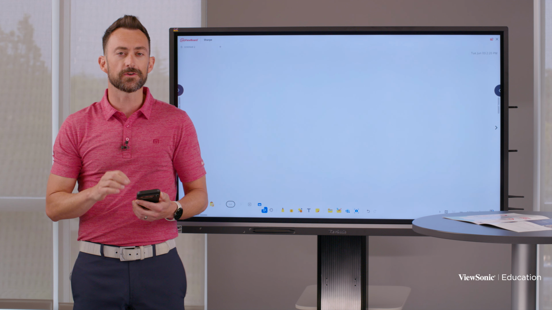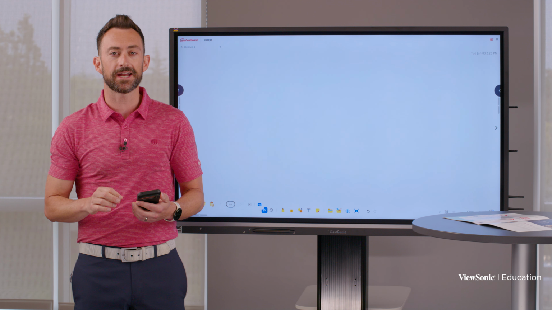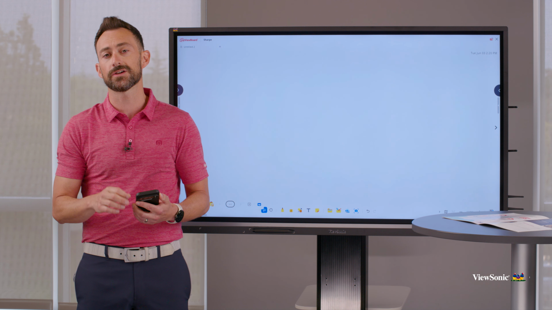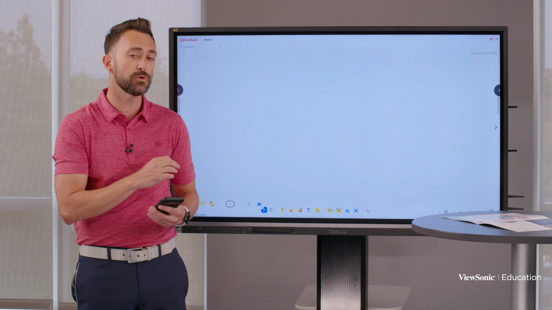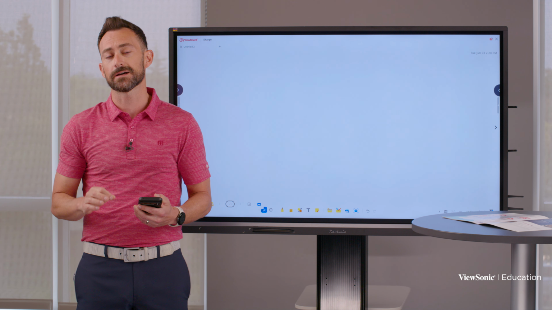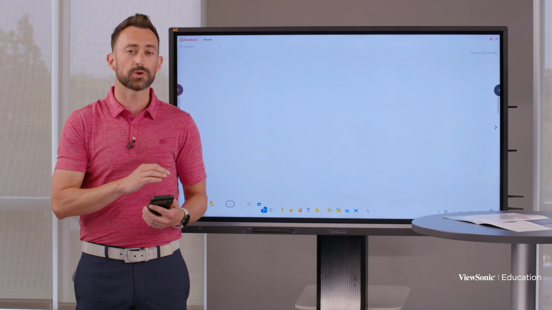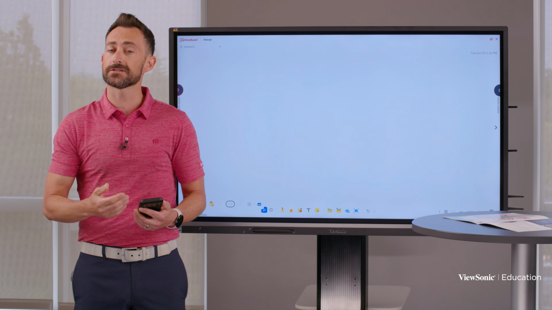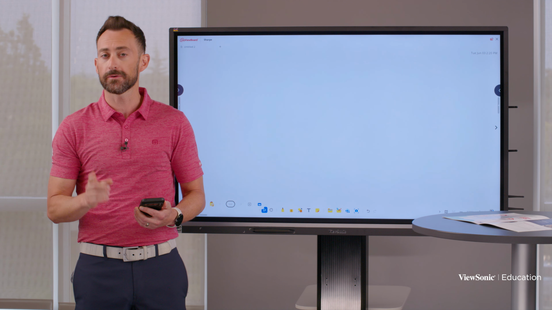Let's explore some other features of the myViewBoard companion app. Now, we already did a video on how to use the companion app to log into myViewBoard if you are, for example, just wanting to sign in quickly. However, once you're signed in, there's lots of cool things you can do, but remember, you do have to be